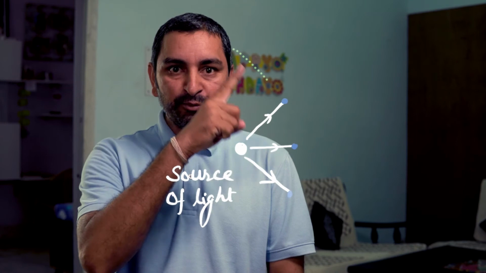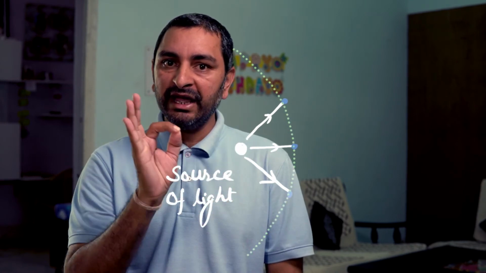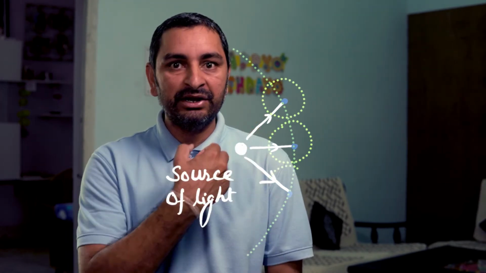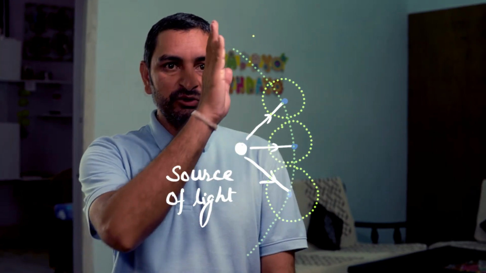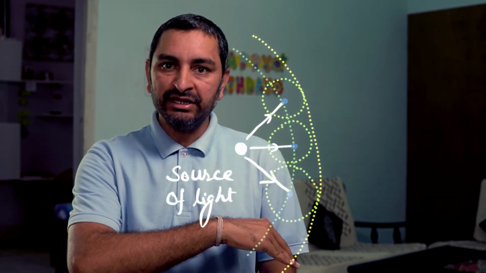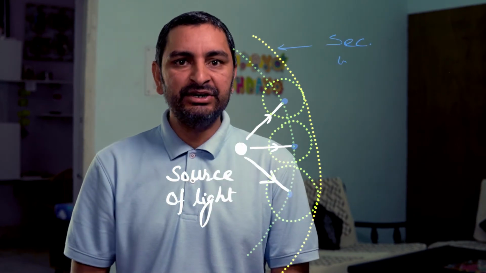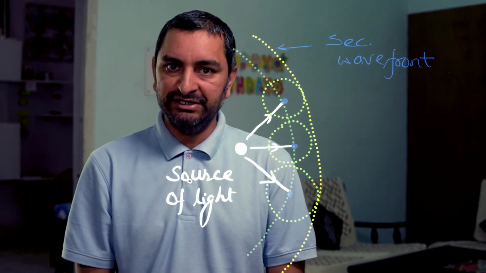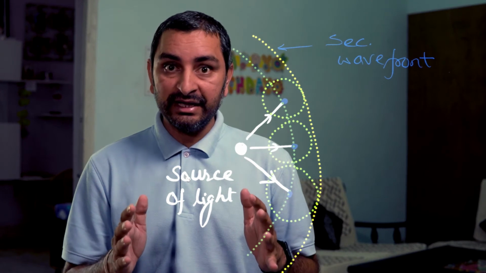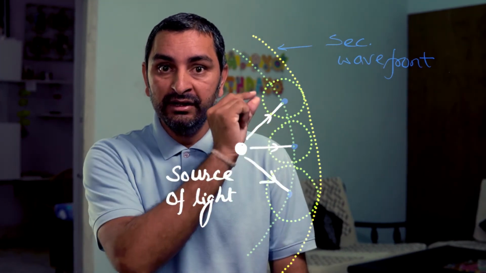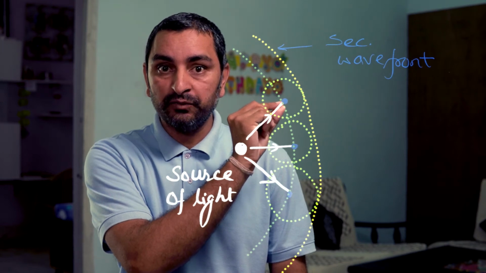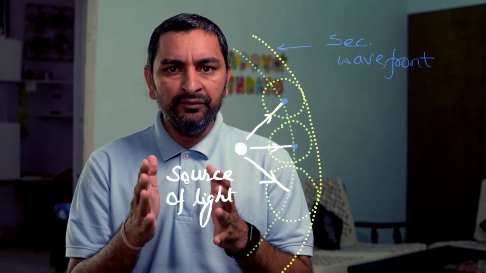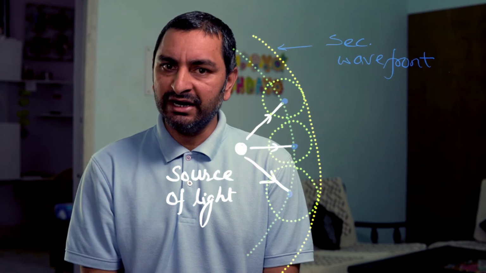According to which every point on the primary wavefront acts as an original source of light which travels with the velocity of light in all directions. A surface touching those secondary wavelets tangentially in the forward direction at any instant of time gives the position of the secondary wavefront at that instant. But the question that arises here is that we know that on the primary wavefront, every point is a source of light and it emits light in all directions. Then why is the wavefront in the backward direction discarded?